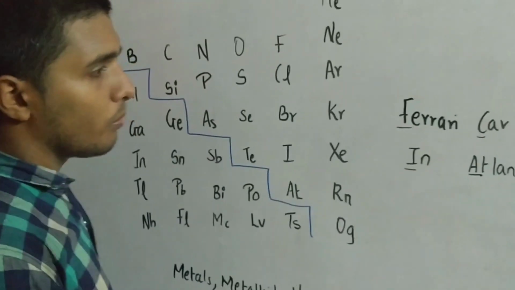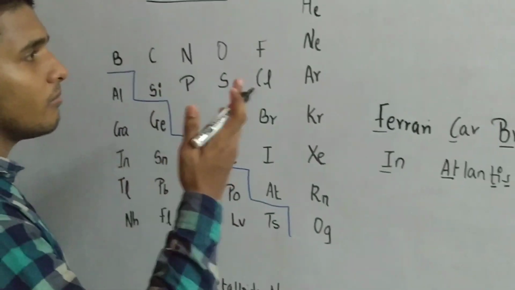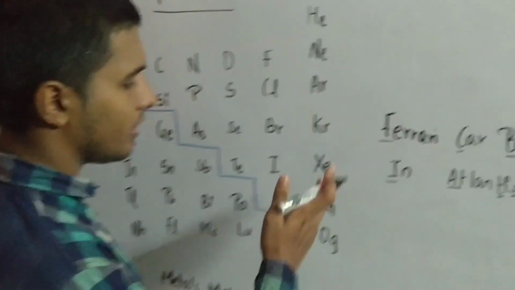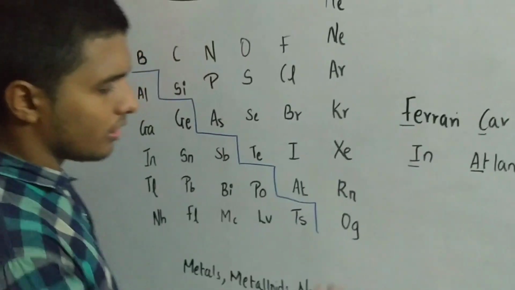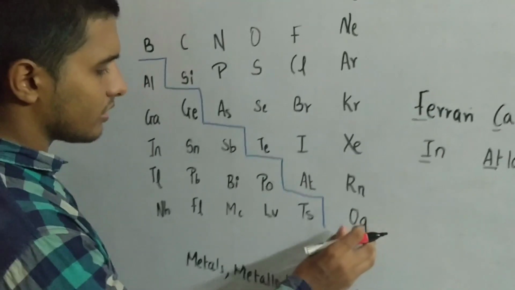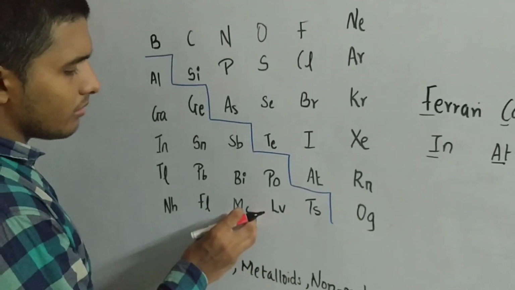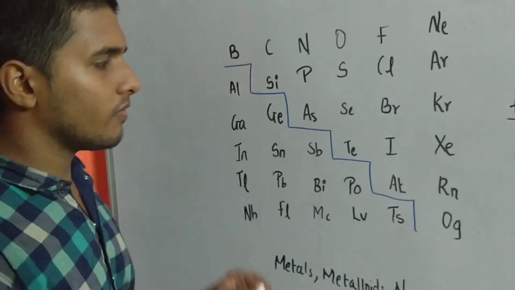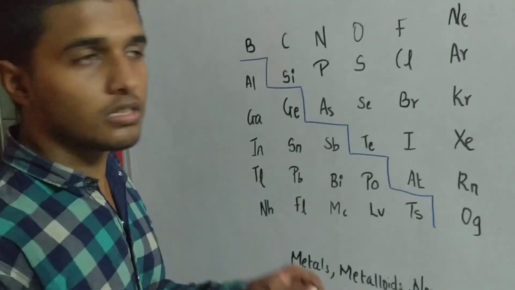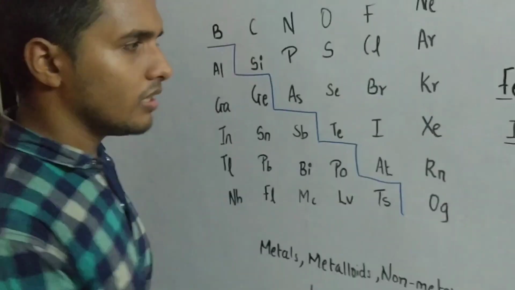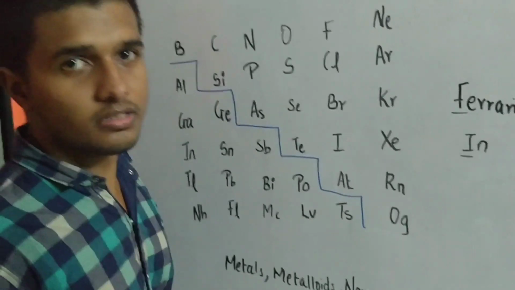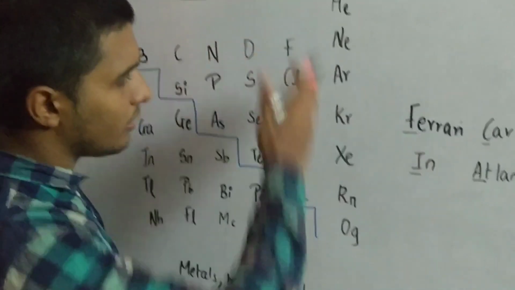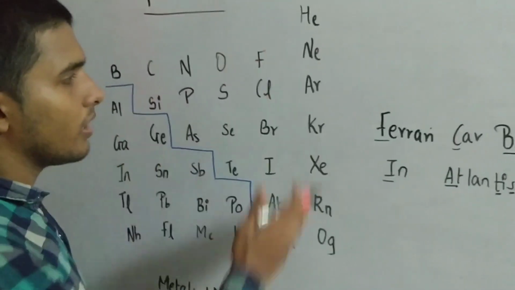Last but not the least, the noble elements, which contain helium, neon, argon, krypton, xenon, radon, oganesson. This particular element, oganesson, along with tennessine and moscovium, these three elements are the newest elements of this periodic table that have been fitted in this periodic table in recent years. That is extra knowledge that I am giving you. So let's start with this particular line of noble elements.